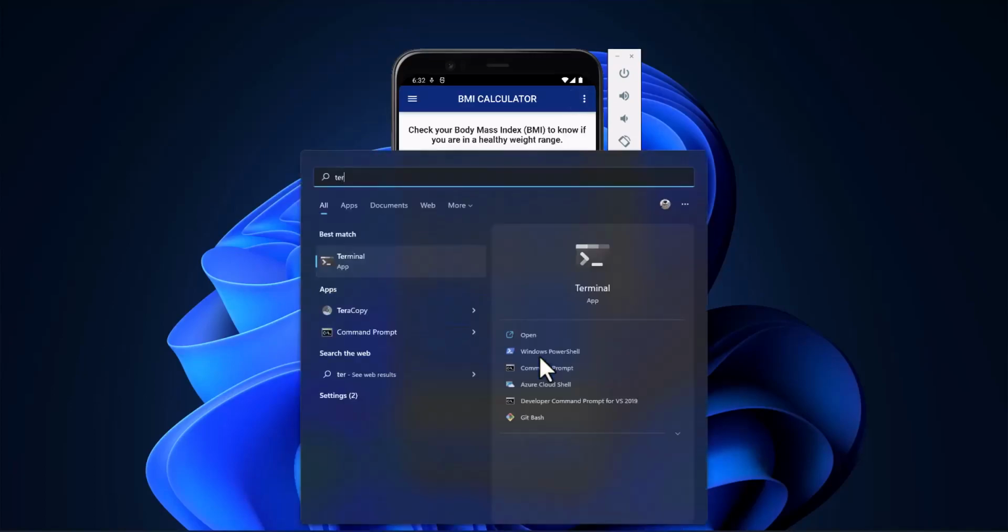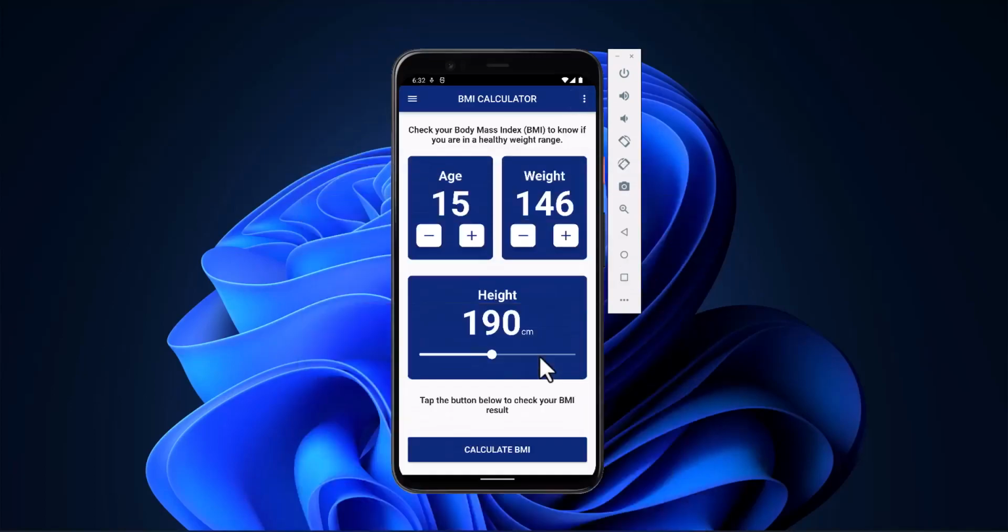I'm going to open up my terminal, and from here, hope you can see this, we are going to create a new Flutter project. I need to make sure I am in the right directory, so I can print the working path, and I'm going to cd into where I keep my studio projects, and then in here I'm going to run flutter create,